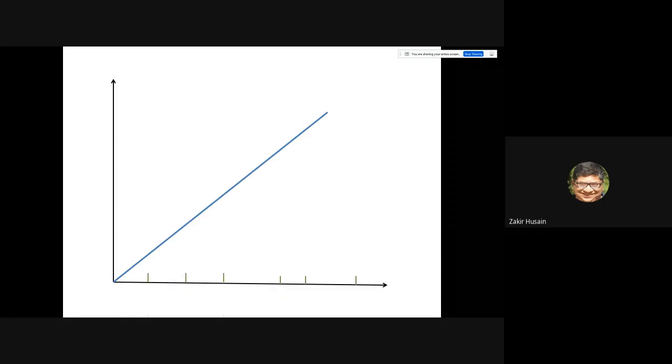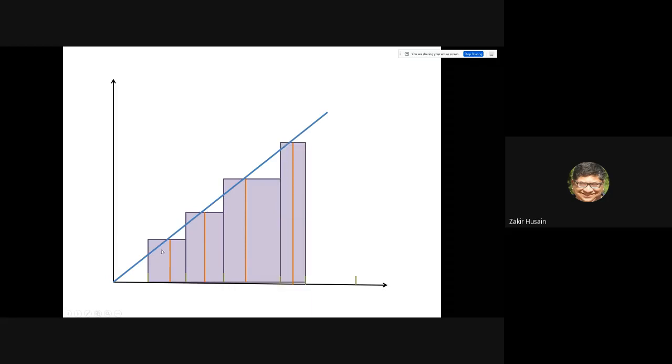Okay, so we have the function over here. These are the different subintervals. So we take an omega 1 and we find out the functional value over here. So this is the breadth, this is the height. We get the area of this rectangle. In the same way, we get areas of the other rectangles. So the objective is to find out the area under the curve starting from here up to here, right?